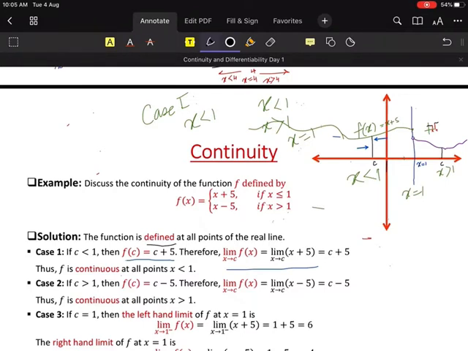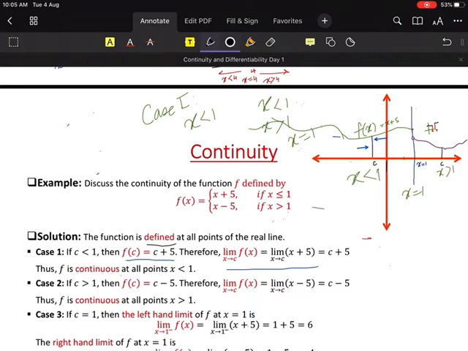So when C is greater than 1, then f(C) is how much? You see, for x greater than 1 it is x minus 5. So when C is greater than 1, f(C) is equal to C minus 5, because C is a number which is greater than 1. Clear? Now again, C is a general point. I'm talking about a general point, and for a general point, the left hand limit and right hand limit we don't have to find. We just have to find the combined limit.